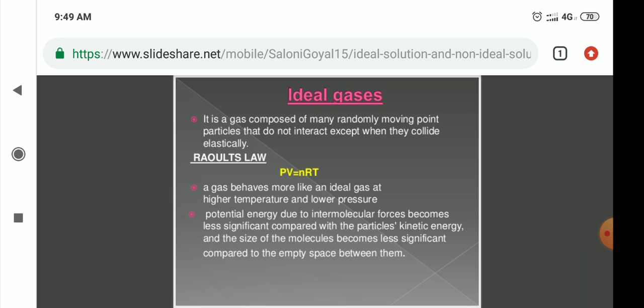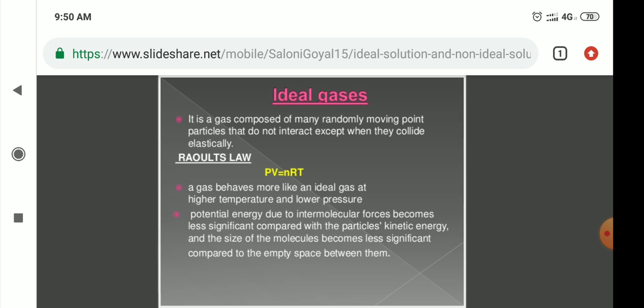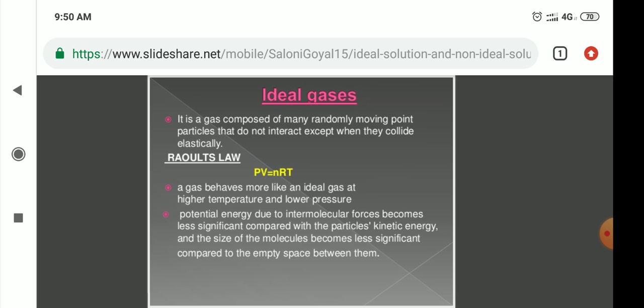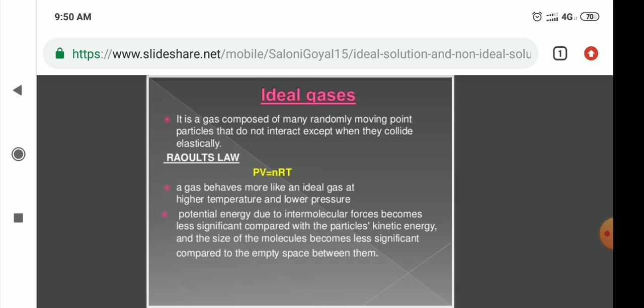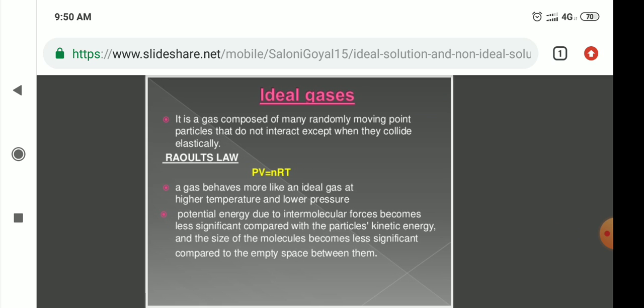Firstly, in ideal gases, we will discuss in detail. The ideal gases follow Raoult's law. It is a gas composed of many randomly moving point particles that do not interact except when they collide elastically. And firstly, the mathematical expression for the ideal gas law is PV = nRT, where P means